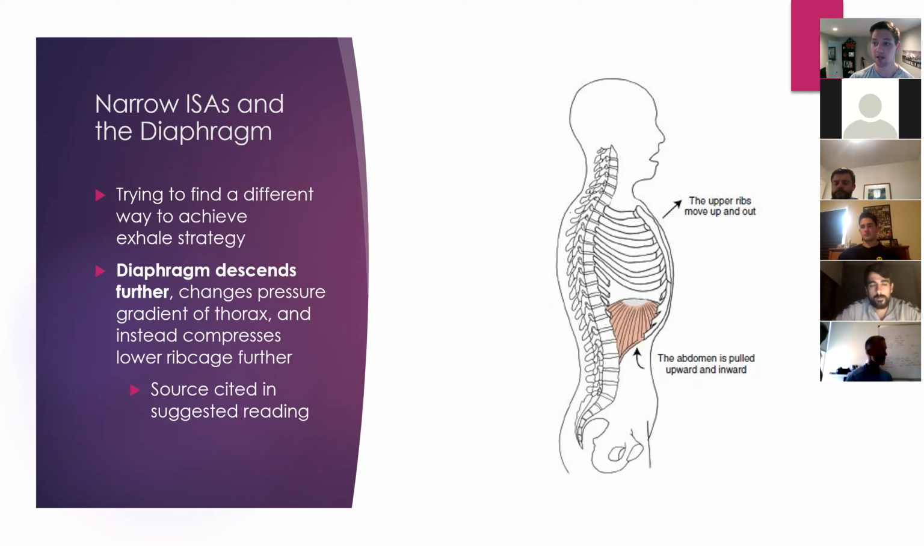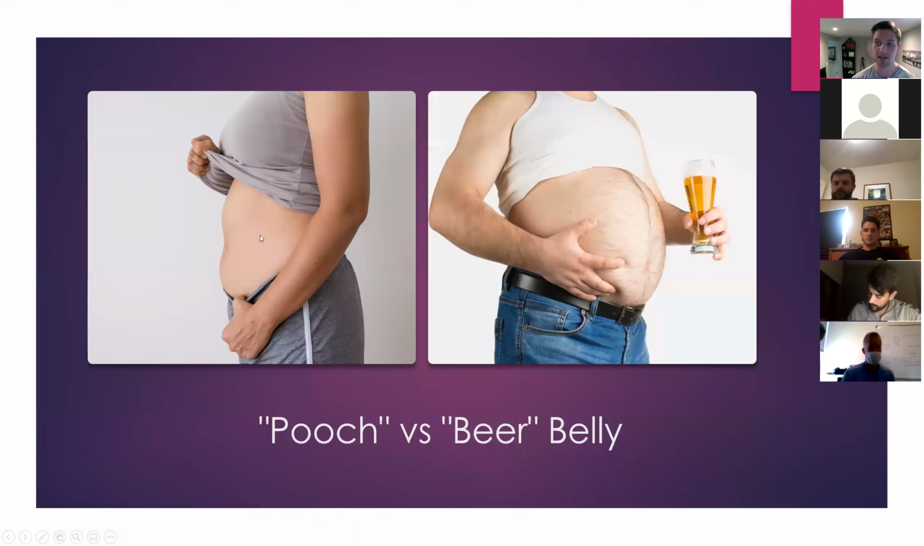The pressure changes because of the distension, which results in that pooch belly look. And if you guys want to read more about that, I'll cite my source in the readings for this week. So that is what you see right here on the left. The beer belly is what you see on the right. It looks like they got a basketball in their belly, right? And of course, there's a fat component to these things, but also it's being driven by what's going on within